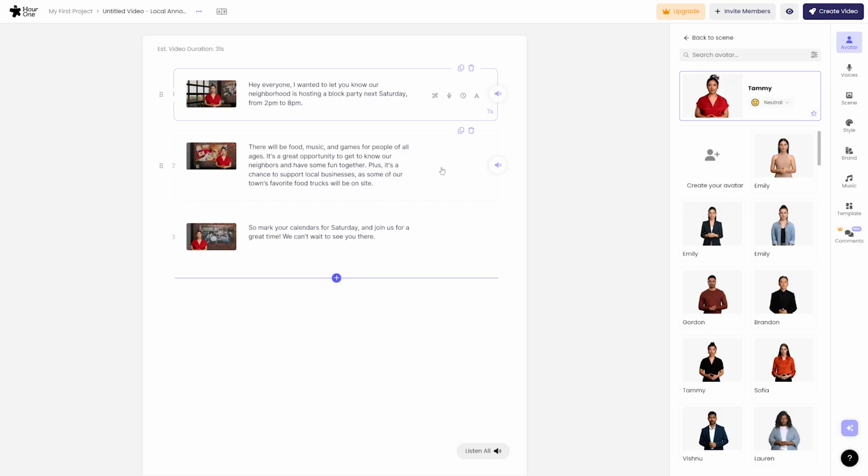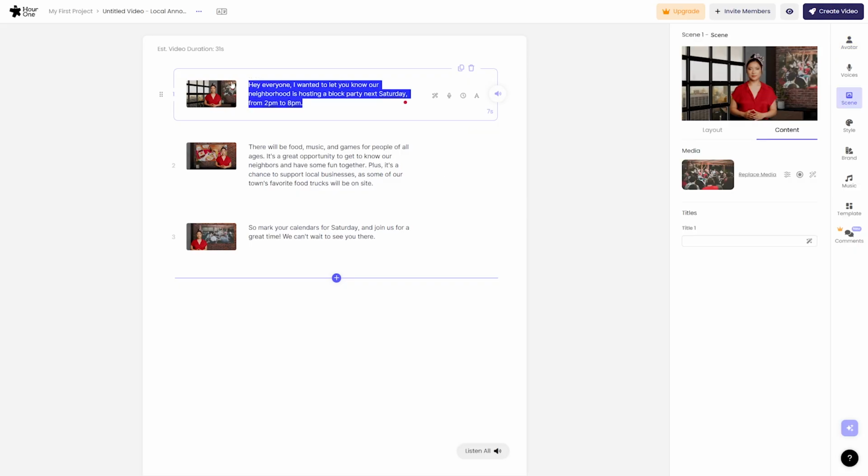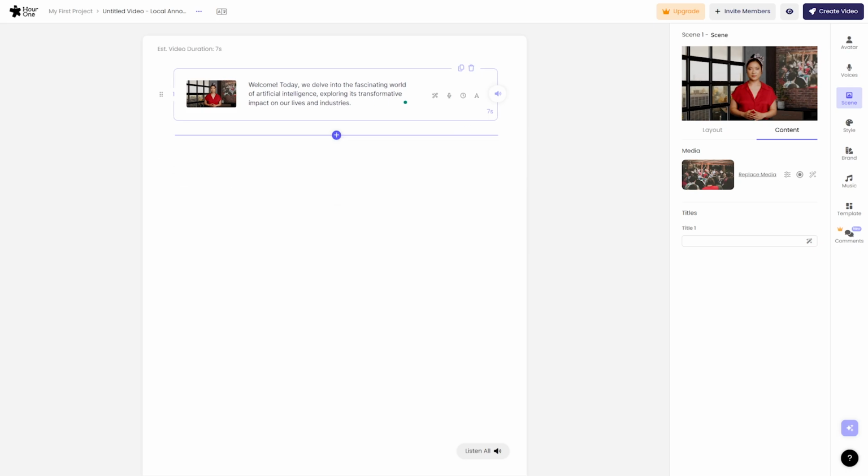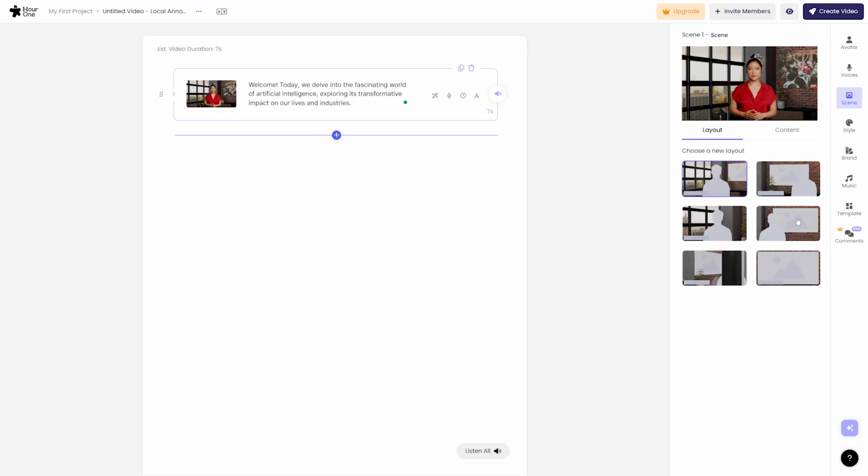And then we're going to be brought to this studio page. And then I'm just going to paste in my text here, and I'm not going to use these other 2 text fields. So I'm just going to hit the delete button on these. And then we can go over here to the right to see the customization options that we have. So it's already by default on the content page, but we can hit layout to choose how we want this